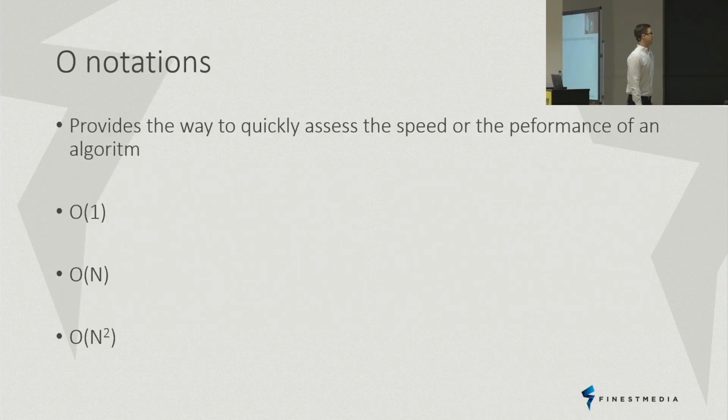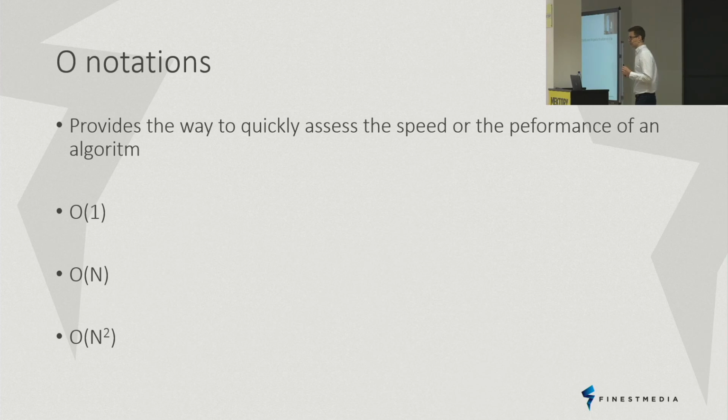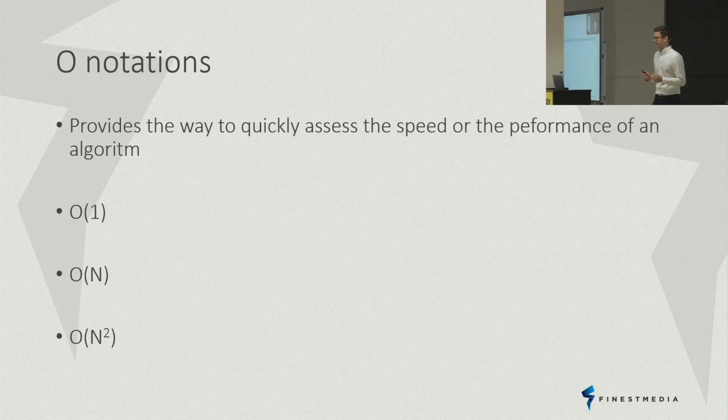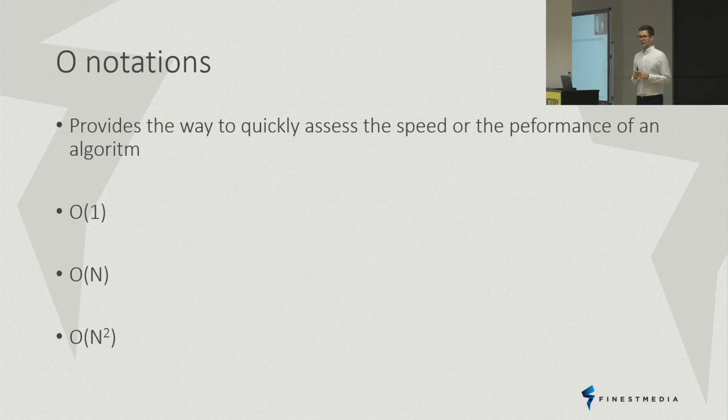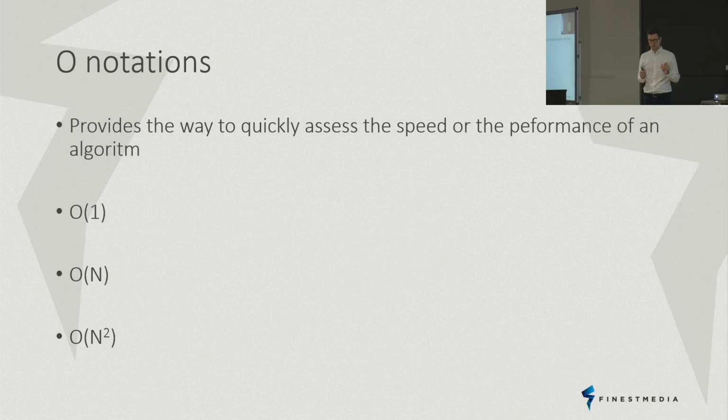So let's get a little bit more technical. O notations. Basically, O notations provide you a way to quickly assess the speed or performance of an algorithm. And I have often seen that a lot of developers don't know about it or haven't used it. I will give you 3 simple examples, and those 3 you should know. First one is O(1), second one is O(n), and the last one is